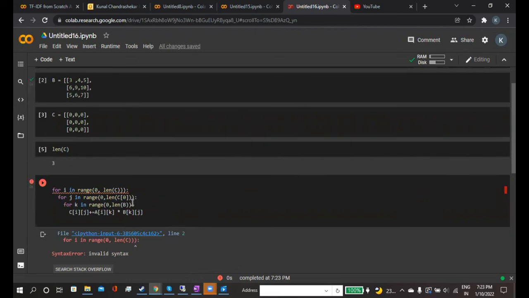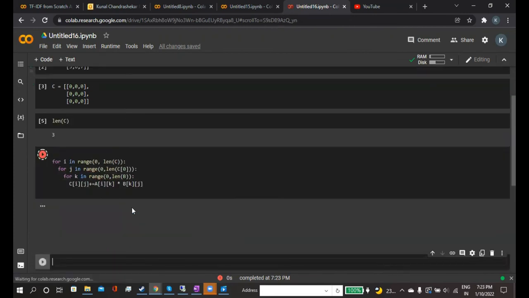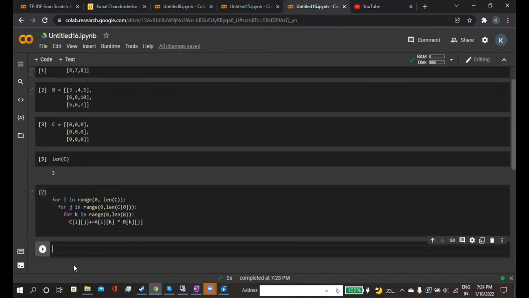Here you can see a syntax error for range of 0, len C of 0. Okay, so we can resolve that.